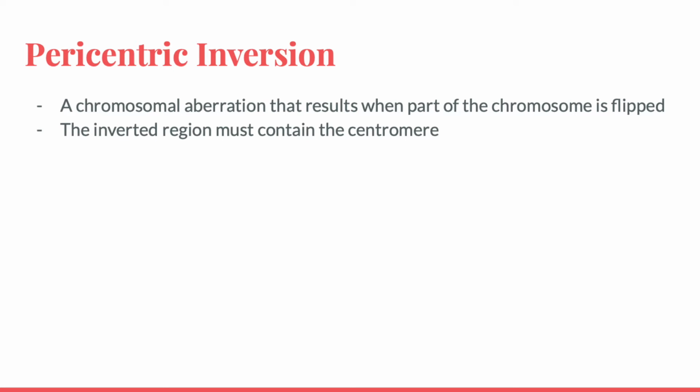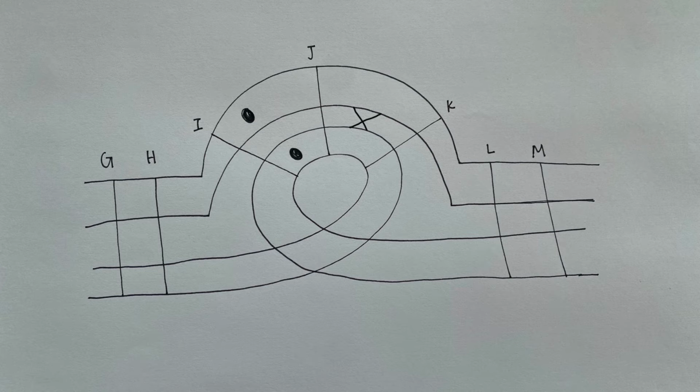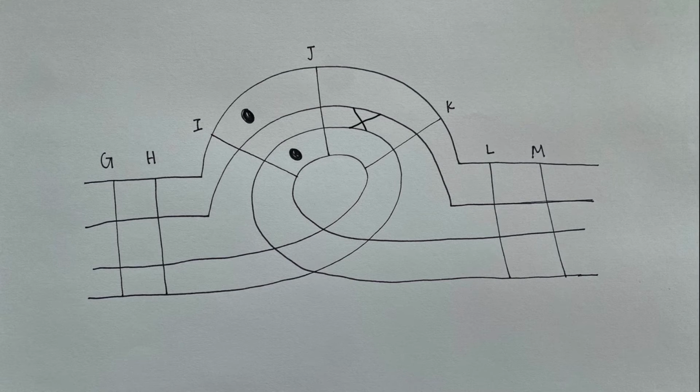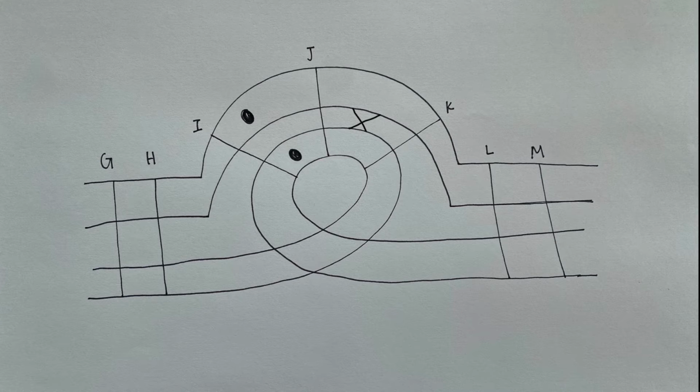In addition, we know that it must be paracentric because it contains the centromere, or in this case the period. Pericentric inversion does not contain the centromere. In looking at the inversion loop for this sequence, it is abnormal due to the aberration that these chromosomes have, paracentric inversion. The crossover event occurs between J and K.